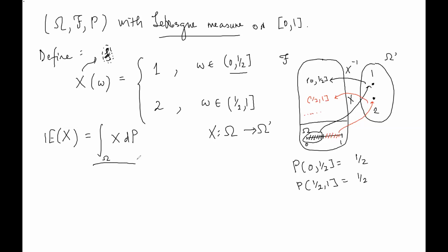So when you see this integral, now make a sketch here. This is your x. It says take value 1 if omega is between 0 and 1/2. So you have this interval, this 1/2, and it takes a value of 1. So 1 is here. Of course, to be precise, it doesn't include this endpoint. It goes until here. And then it takes value 2 from 1/2 to 1.